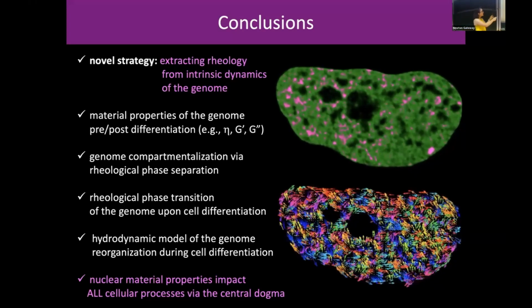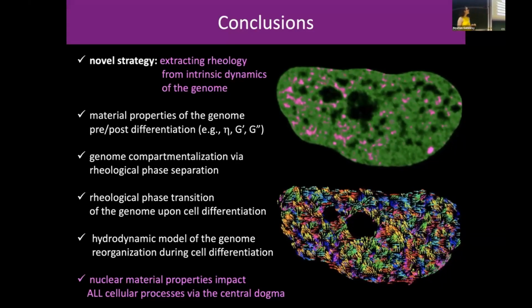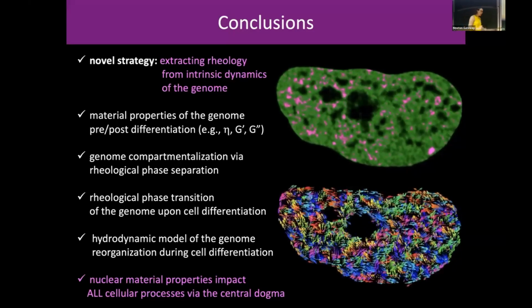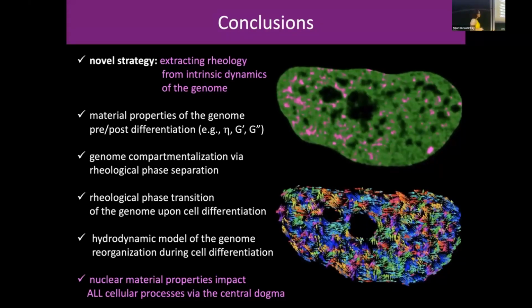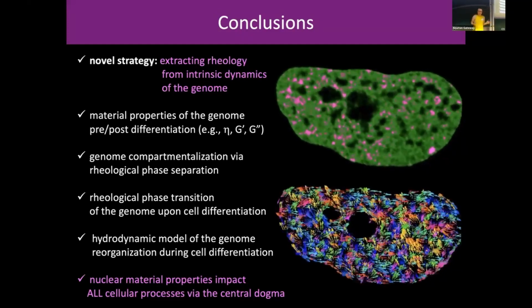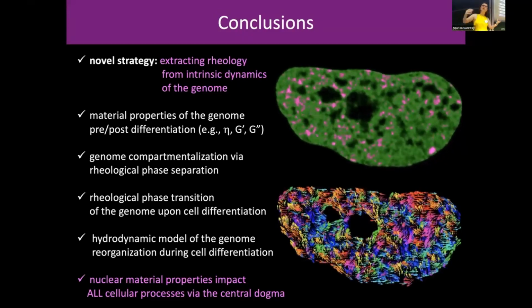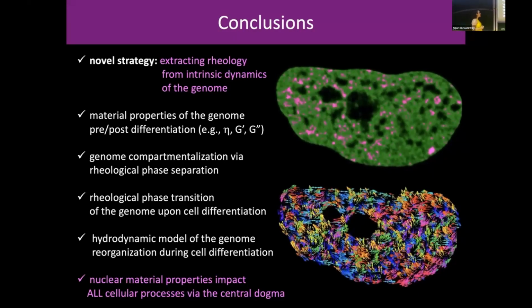We find that the genome is indeed organized by this rheological phase separation, where you are generating a new emergent phase upon cell differentiation. I have also shown you from our hydrodynamic model how the presence of activity helps to generate this